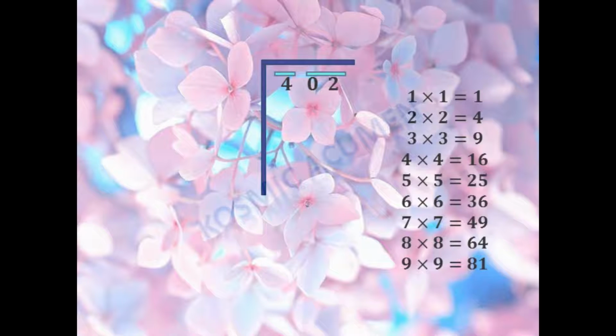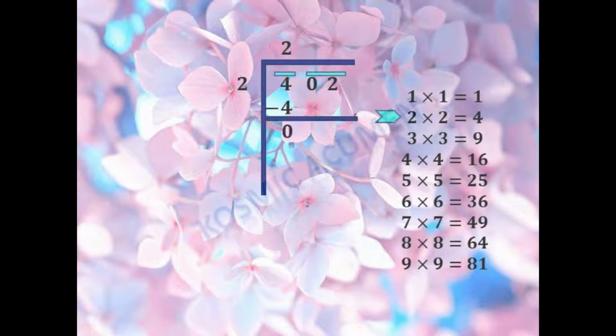So coming on to the first part, 402. Step 1 is to place the bars starting from the right and we'll go on to the left side in such a way that we are placing two digits together under one bar. Alright, so we've done that. Next we see that 2 into 2 will give us 4. So I'm writing like this.